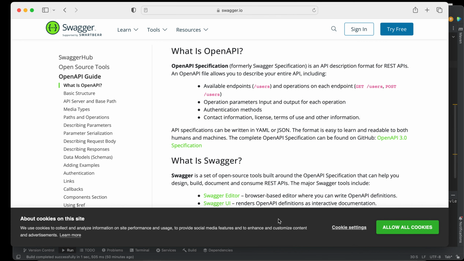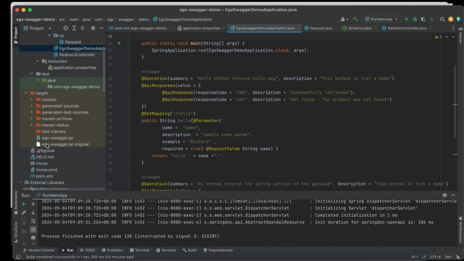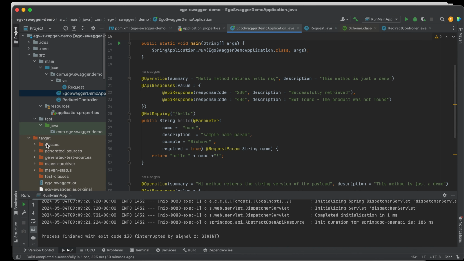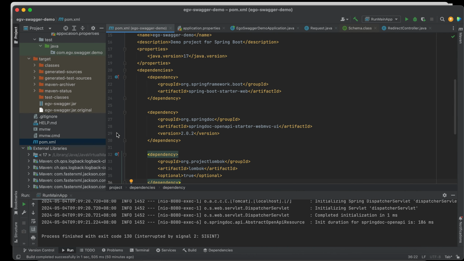Let me show you how to implement it in Spring Boot, so it will be easier to visualize. Basically, Swagger, in layman's terms, is a tool for us to document our API and test, as simple as that.